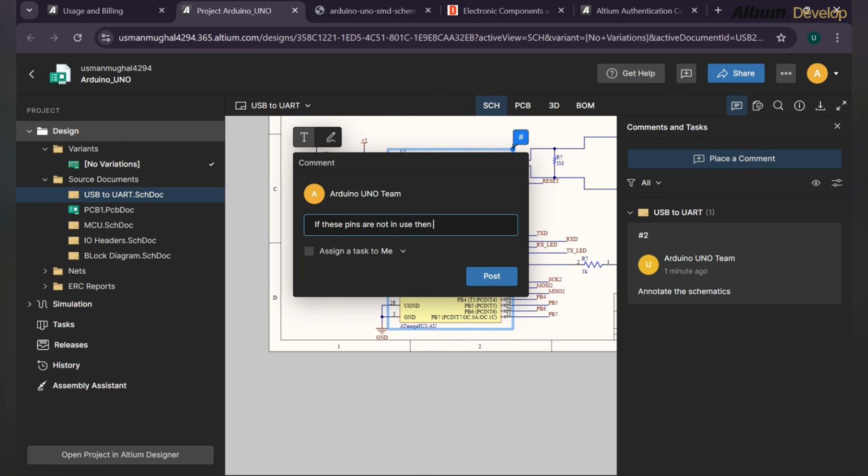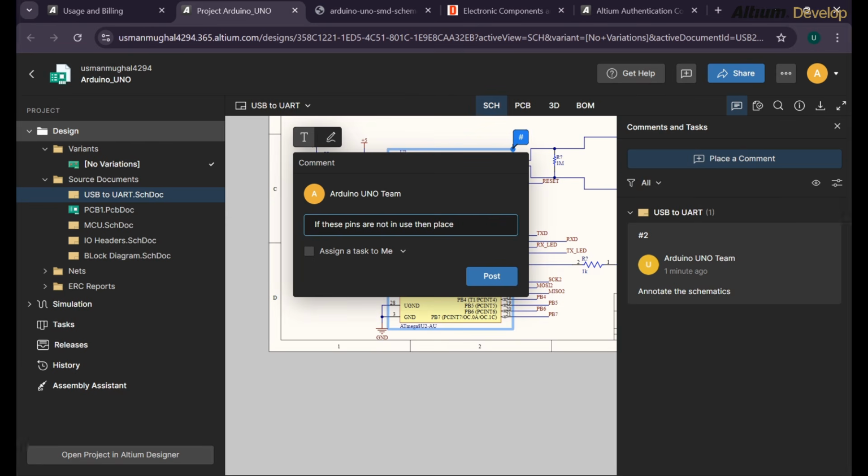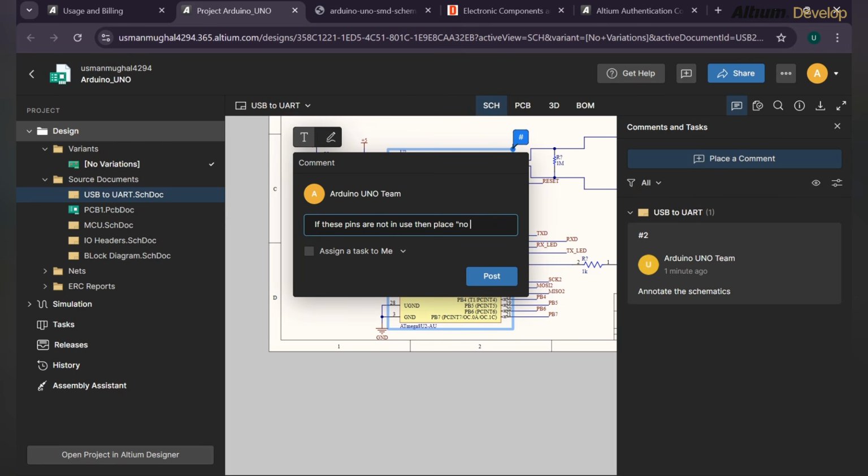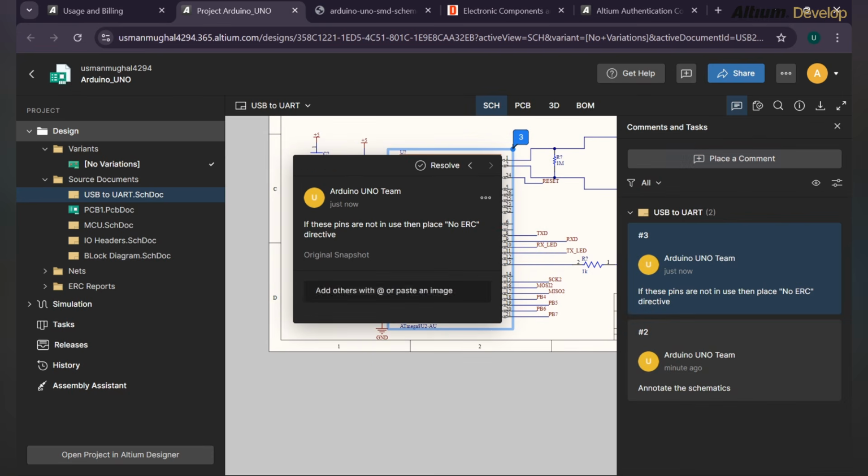If these pins are not in use, then place no ERC flag or directive and click on OK. So this comment is also added,